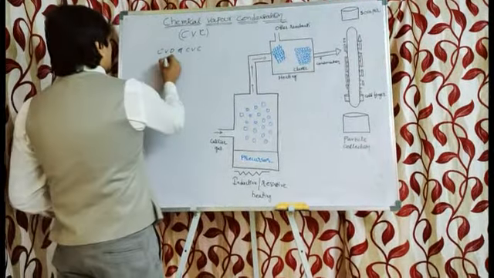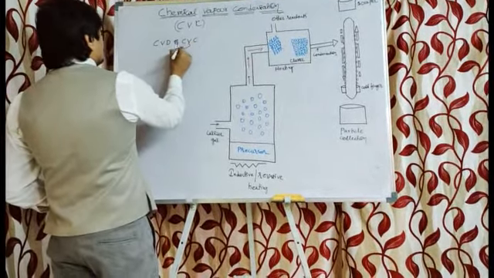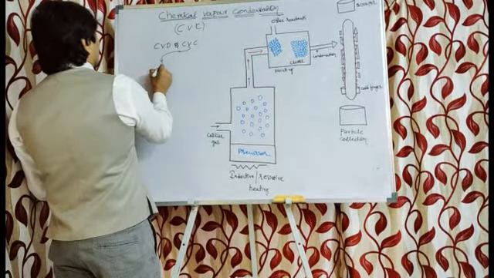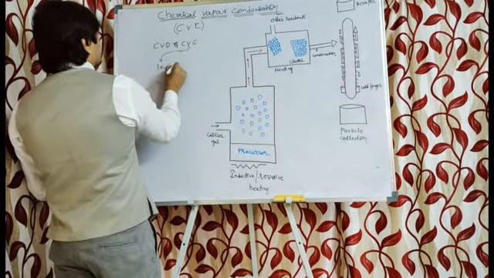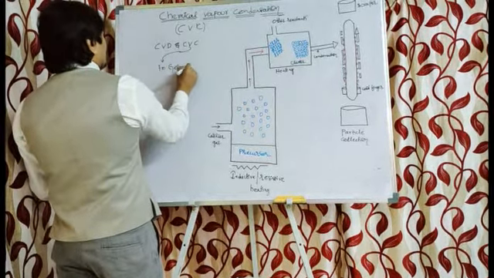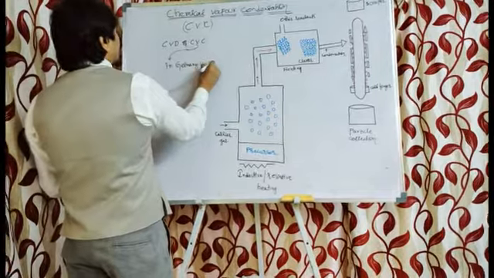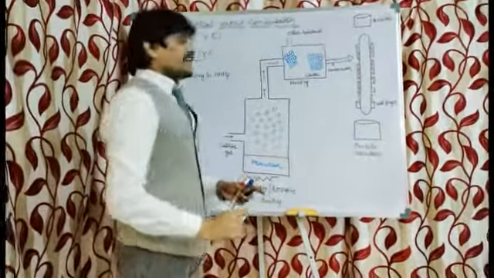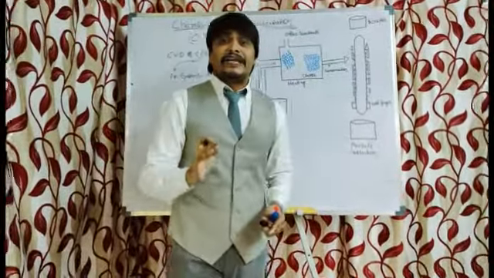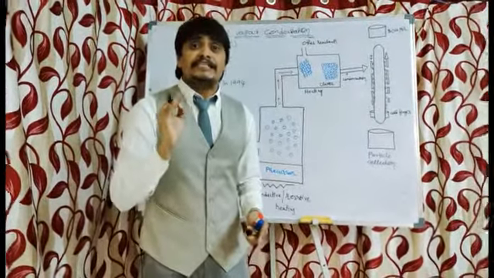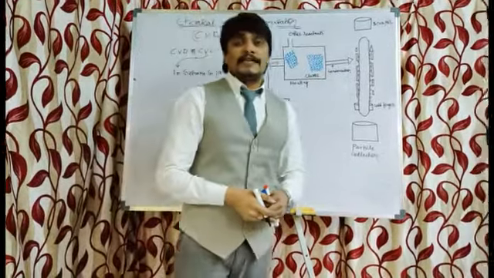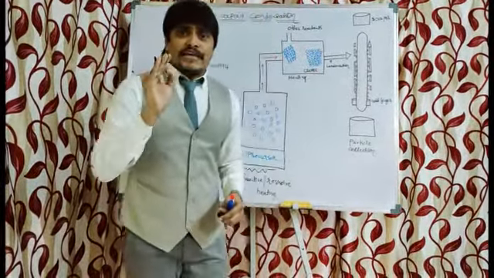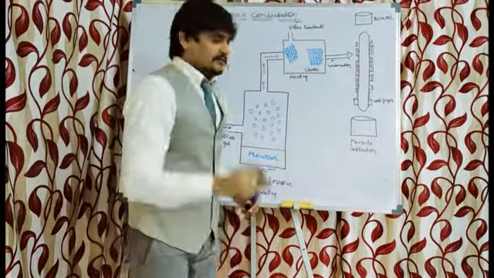Now this chemical vapor condensation method was developed in Germany in 1994, students. 1994. And this process involves the pyrolysis